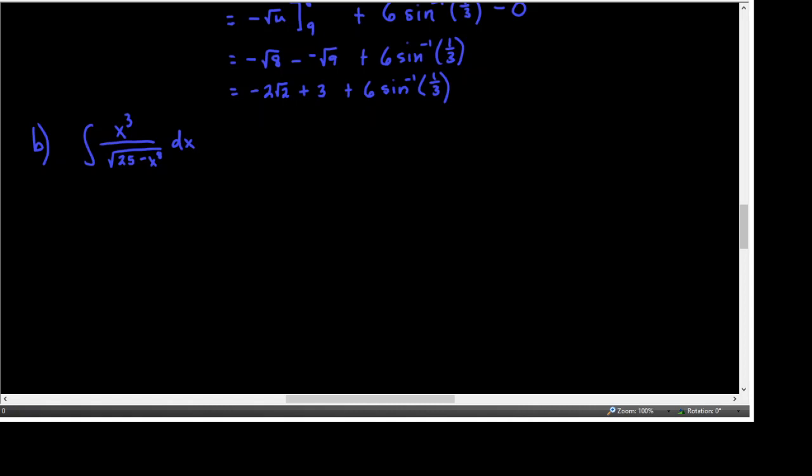Okay, I'm going to ignore that x cubed for just a second and look at the list of the basic 20. Again, I don't have these memorized by number, so you have to look at it. This is 18 again, isn't it? Maybe. That x cubed may get in the way, but let's see. If we're going to treat this as number 18, that means that our u squared is x to the 8th. So that means that u is x to the 4th, and du is 4x cubed